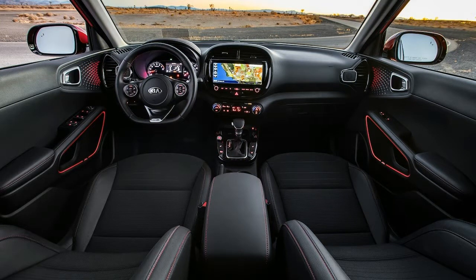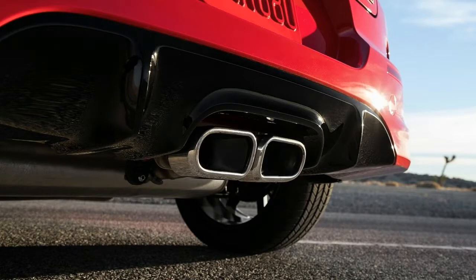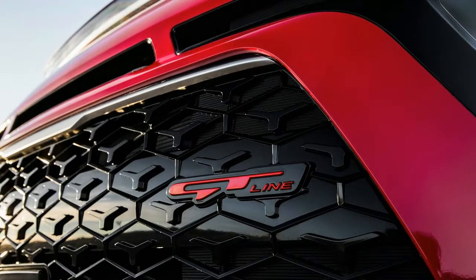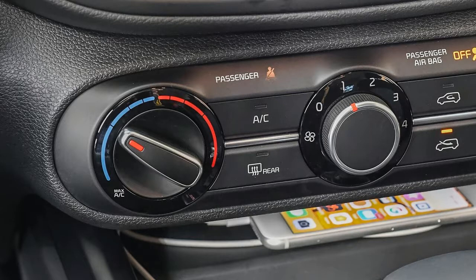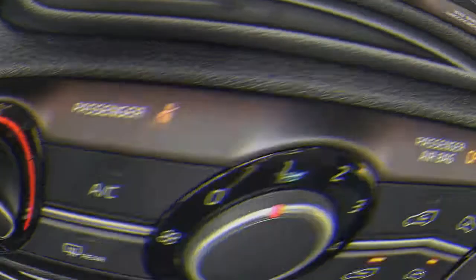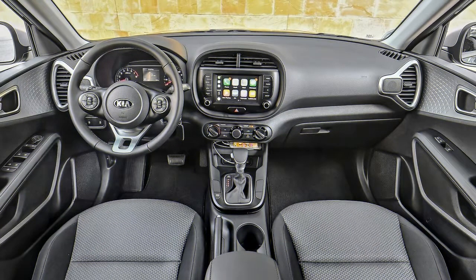The decision is still out on Toyota's inquisitively styled otherworldly successor, the C-HR. Neither of these models can contact the Soul with regards to torque. New for 2020 on every trim level, with the exception of the GT-Line 1.6T, is a 147 horsepower 2.0-liter